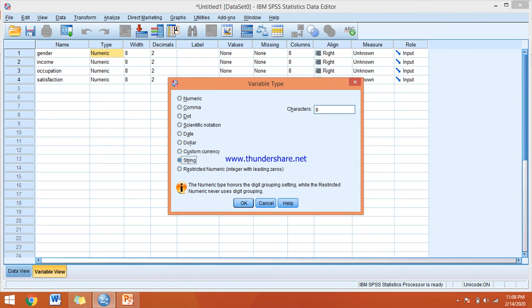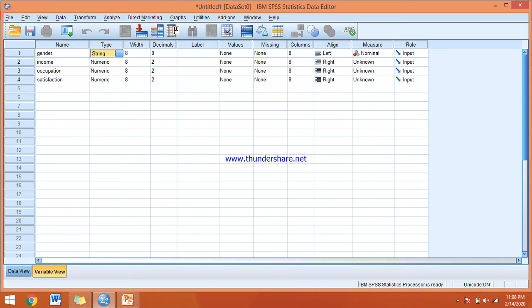Once I click OK, the type is string, width is 8, no need for decimal, and then label. Now label is the explanation of this variable, so you can type here gender of the